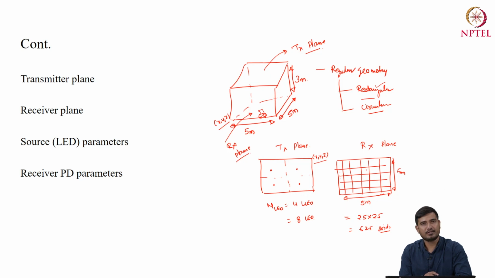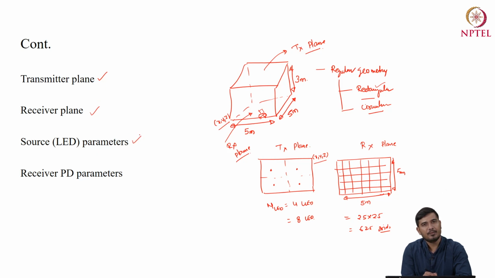So in order to simulate this VLC system, first you need to simulate your environment, which is a transmitter plane. It is where we are going to mount the LEDs in practical scenarios. It may be in rectangular scenario, it may be in circular scenario. So you need to give the coordinate value in MATLAB, because MATLAB simply operates on mathematical equations that you provide. So any phenomena that you want to work out in MATLAB, you need to give a mathematical expression of it. Similarly for the receiver plane,